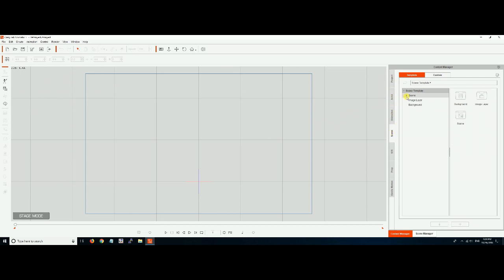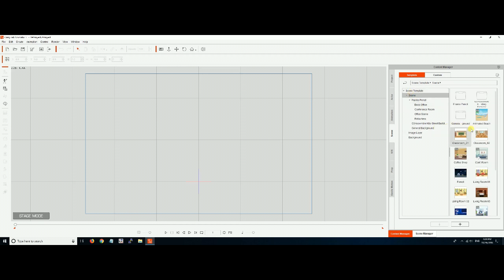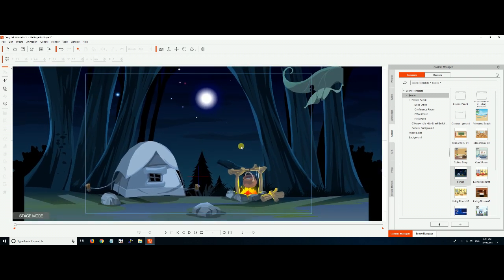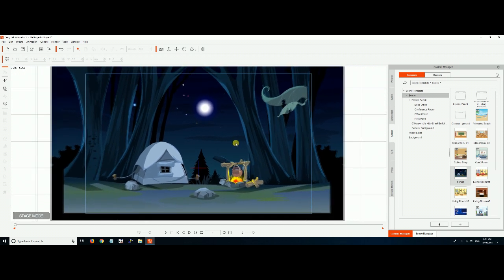Let's pick a scene. If you have this installed, you will have some scenes already. And I have bought some scenes. I paid extra for the boss's office, a conference room under Frank's pencil. But here are the ones that came with it. And let's try, I don't know, let's try the forest. You drag and drop a forest, and now you have a real scene that you can start using.